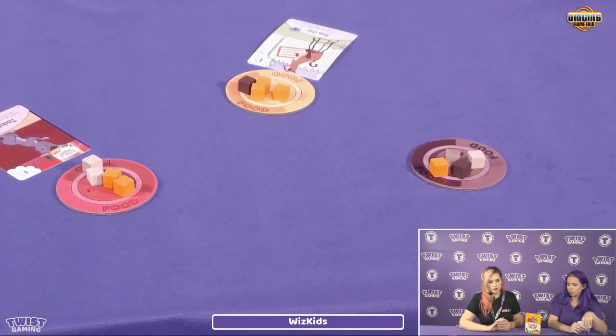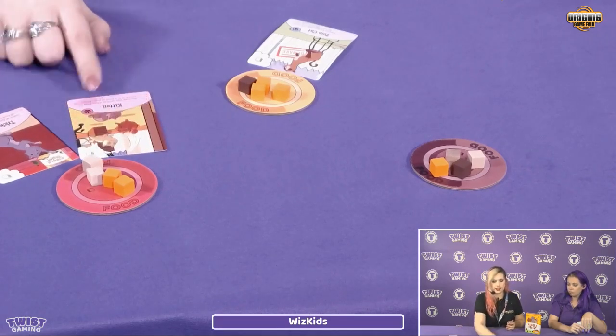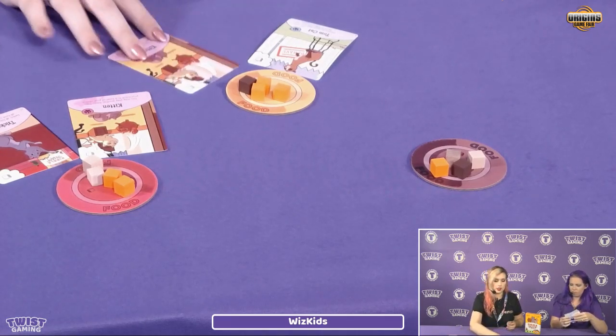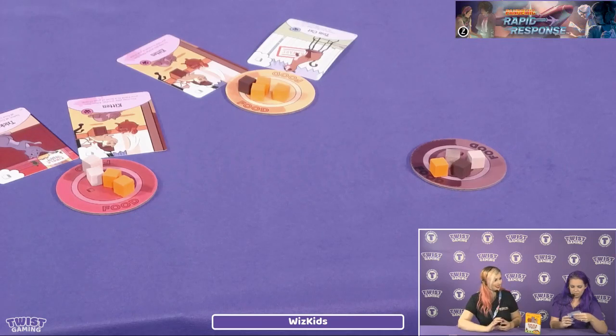Okay. I am going to play the kitten here. And the kitten's ability is you may play another kitten from your hand to a bowl of your choice. Okay. That's so good. I am going to play that here. Look at you with all your kittens. Okay. So then I am going to play...